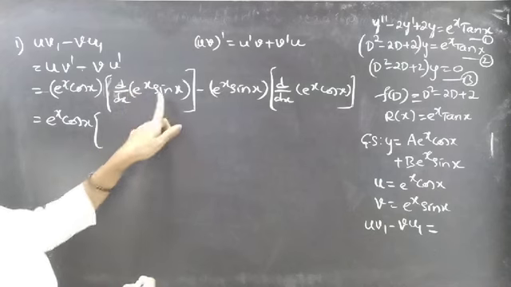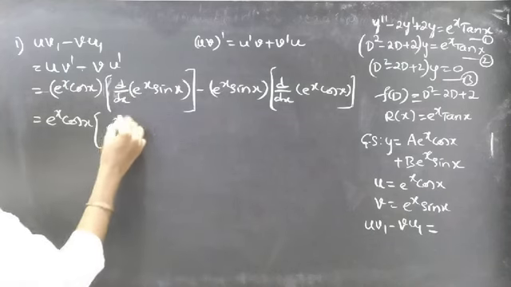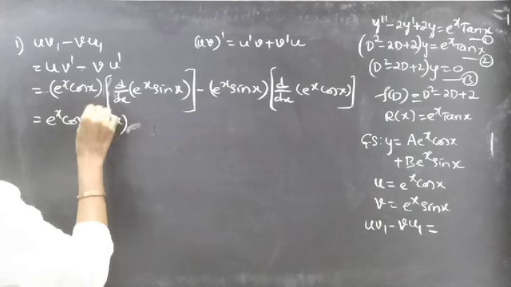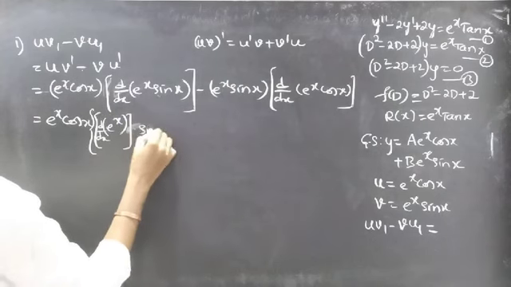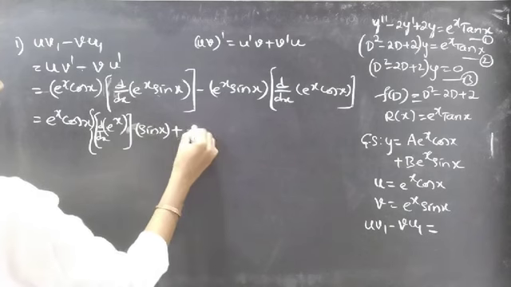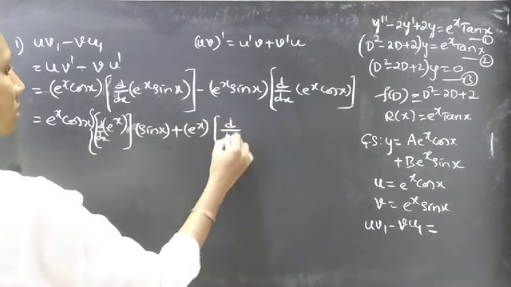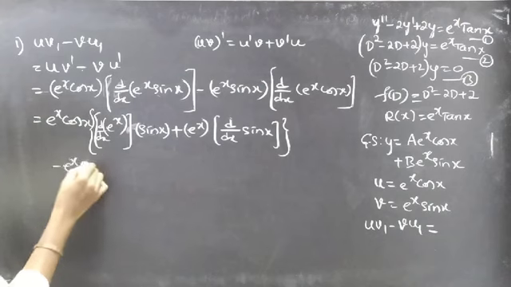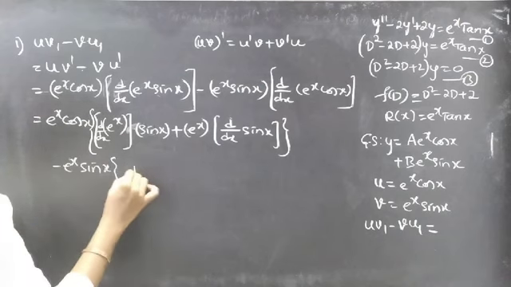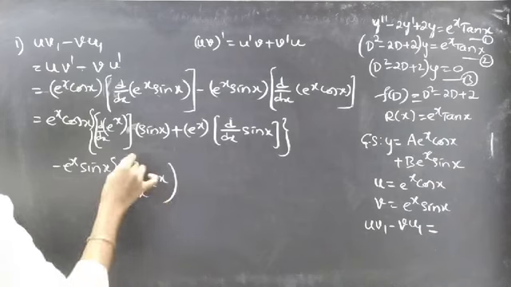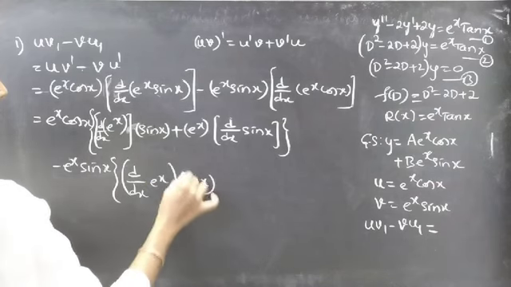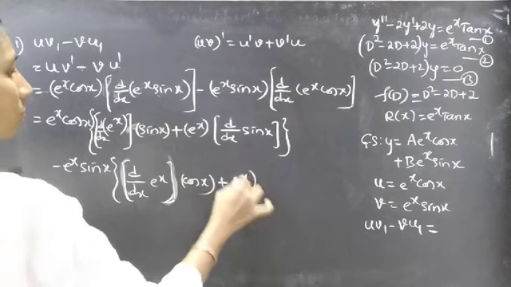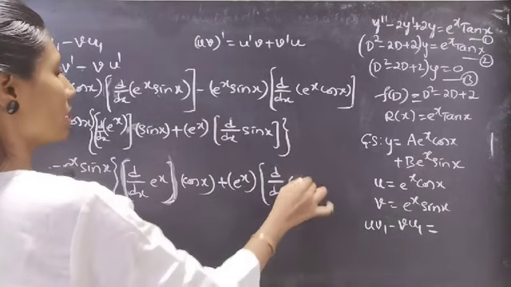So consider e power x as u and sin x as v, then we'll get the derivative of e power x with respect to x into sin x plus e power x into the derivative of sin x with respect to x, minus e power x sin x into the derivative of e power x with respect to x into cos x plus e power x into the derivative of cos x with respect to x